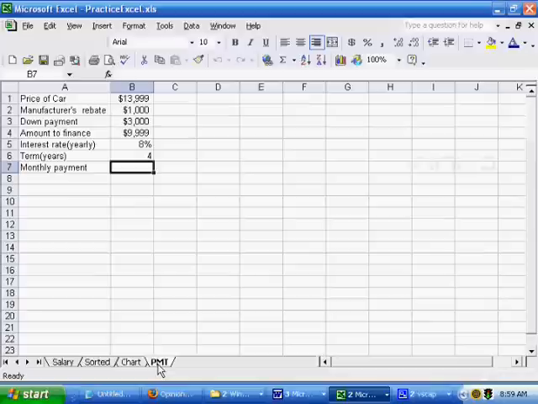So we're going to click on the Worksheet tab labeled Payment. And here we have the price of car, the manufacturer's rebate, the down payment, the amounts to finance, the interest rate, the term in terms of years, and the monthly payment. So now we want to enter a formula in cell B7 using the payment function to